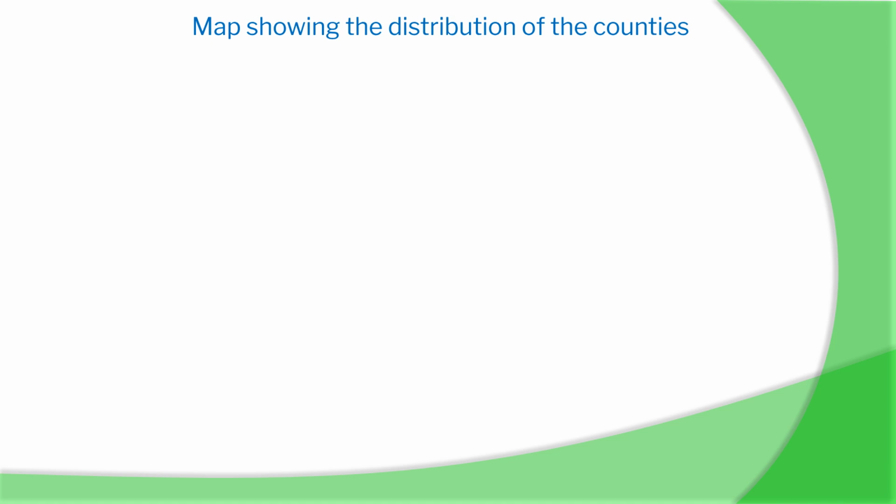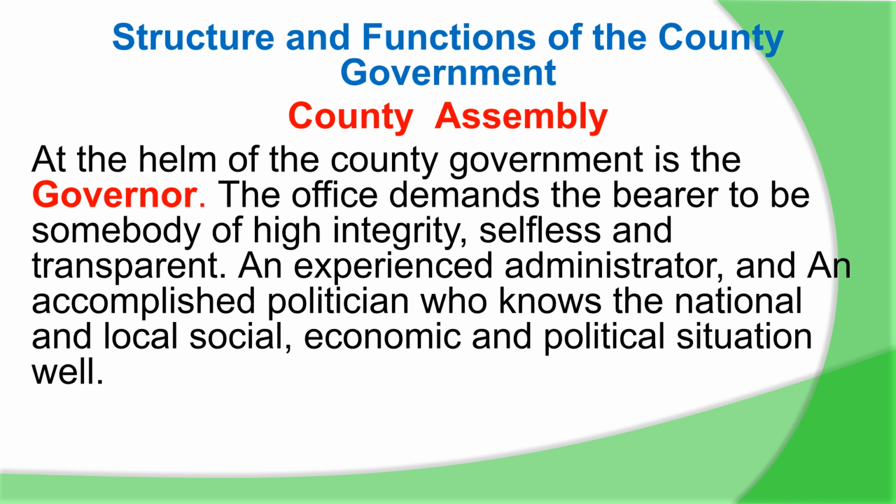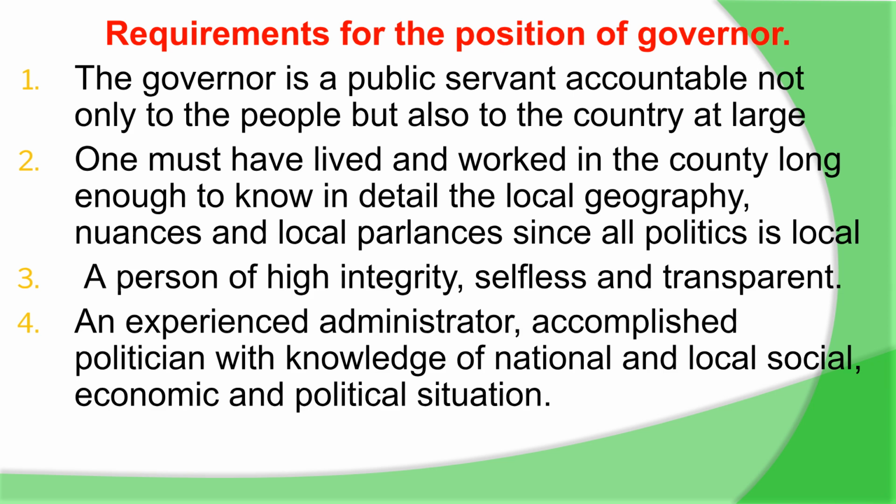County governments are the key feature of devolution. They are the subnational governments responsible for implementing devolved functions. There are 47 county governments in Kenya. The 47 counties include Mombasa, Kwale, Kilifi, Tana River, Lamu, Taita Taveta, Garissa, Wajir, Mandera, Marsabit, Isiolo, Meru, Tharaka Nithi, and Embu. The list of counties continues with Kitui, Machakos, Makueni, Nyandarua, Nyeri, Kirinyaga, Murang'a, Kiambu, Turkana, West Pokot, Samburu,